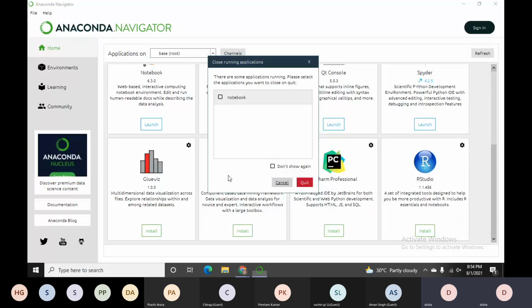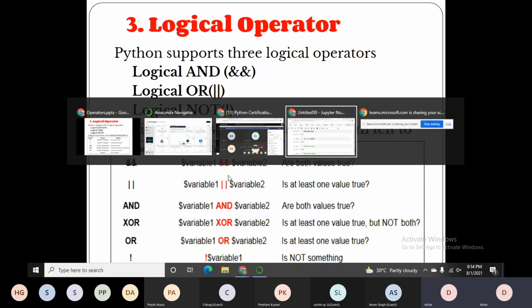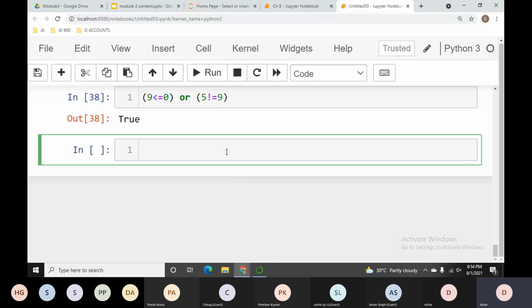Let's move back to our PPT. Our logical operators are done. But keep these symbols in your mind, as these symbols can be there in the place of and, or, and not. We are not done with the not operator. Let me finish that first and then we will move to our next operator. This symbol is for your not operator.